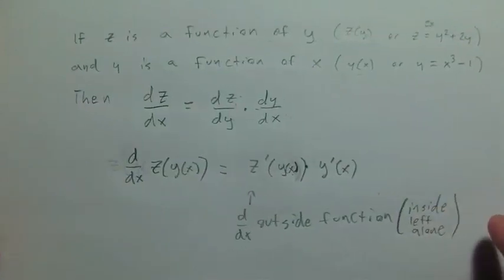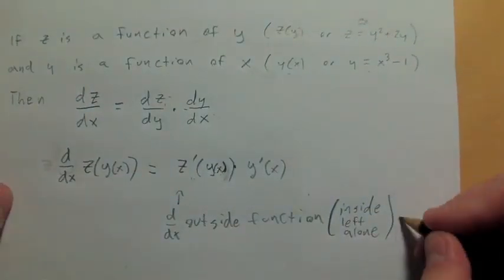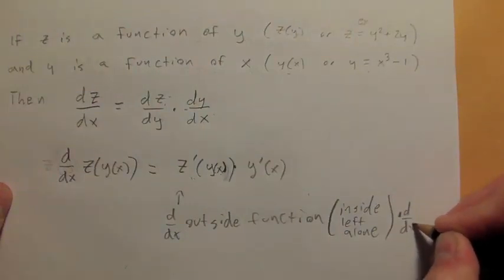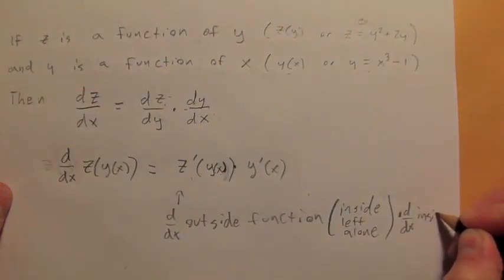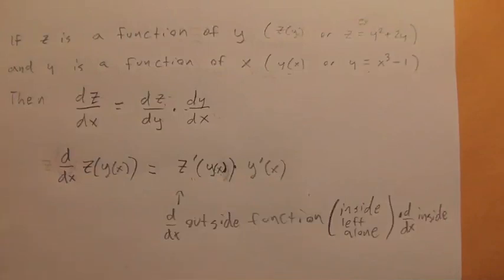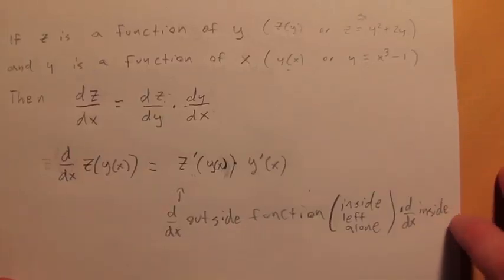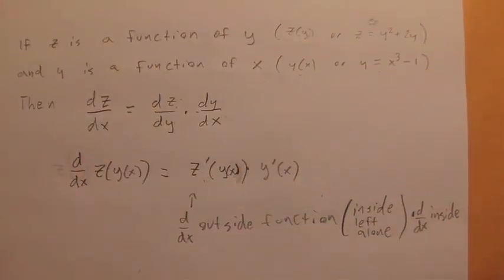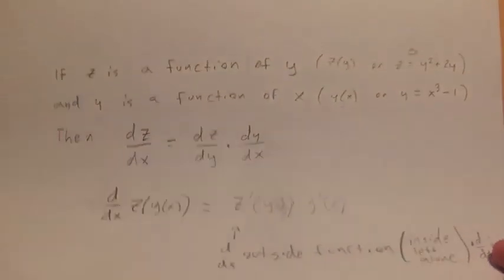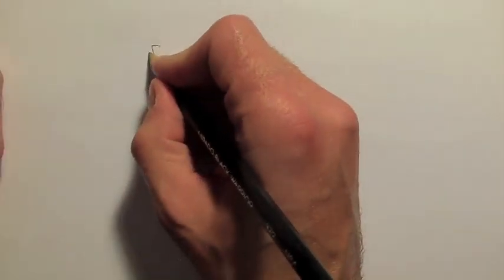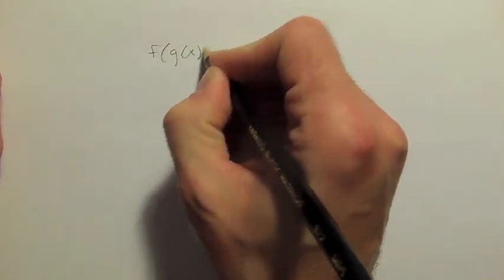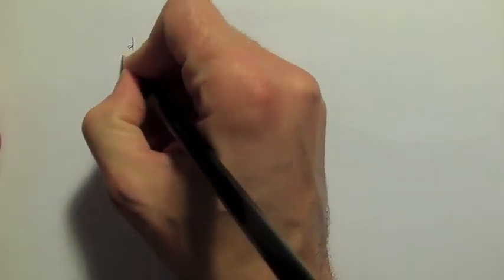Okay, times the derivative of that inside function. So this may not make a whole lot of sense in this form, but essentially, if you start with the composition f of g of x, this is how we're used to seeing it, right? And we go to take the derivative,